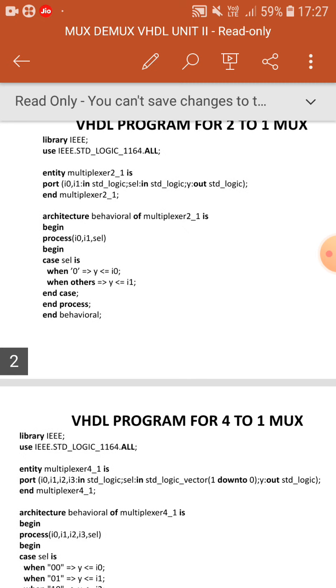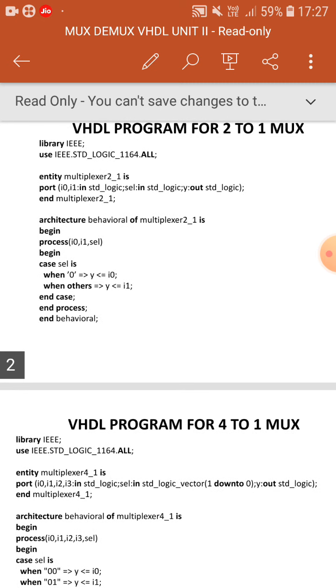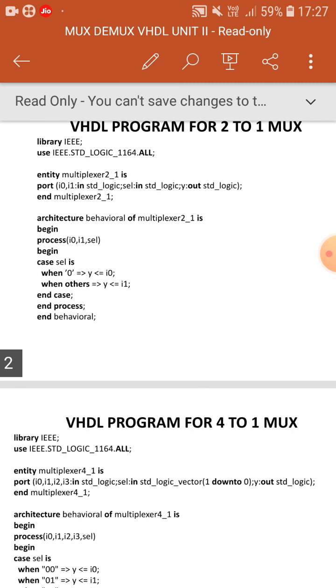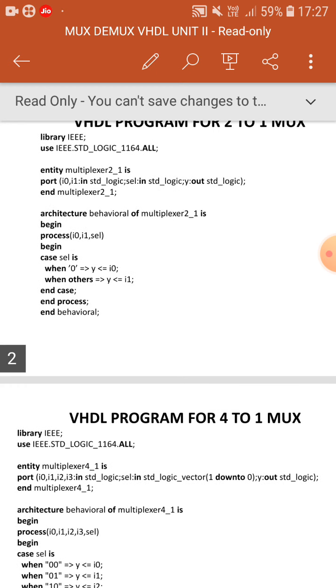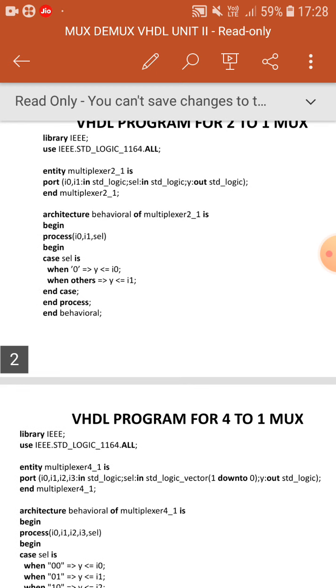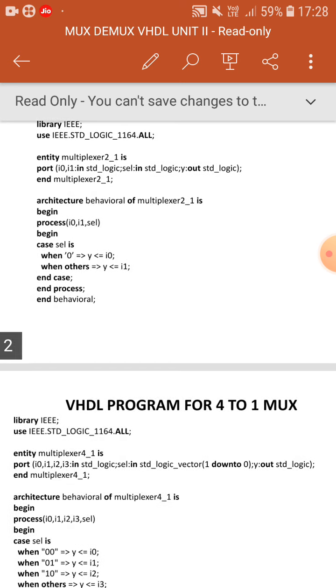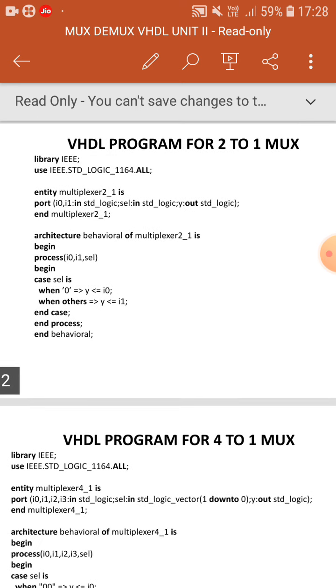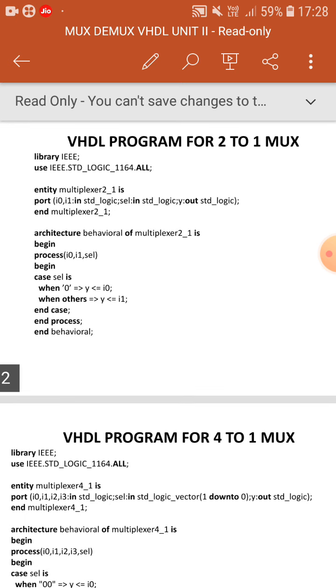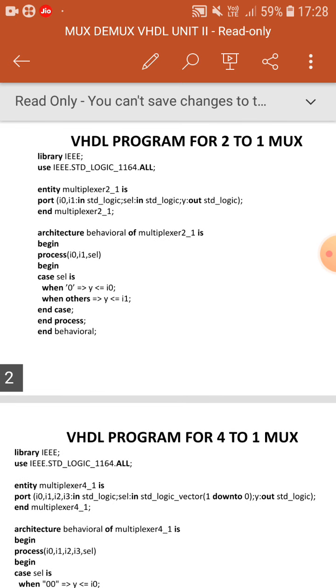Next SEL. SEL is the select line, so SEL is also one of the inputs. So SEL colon mode in std logic semicolon. Y is the output, so Y colon out std logic.